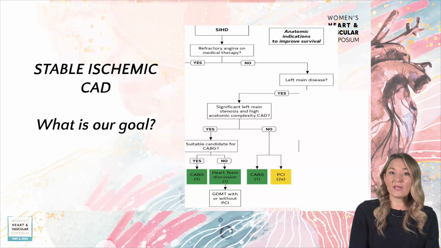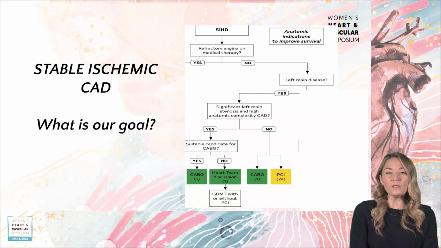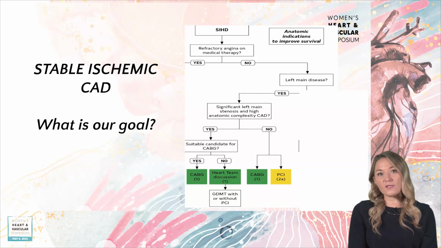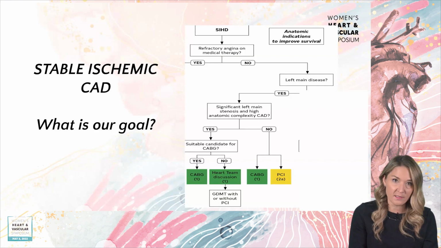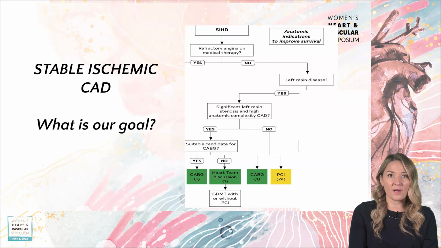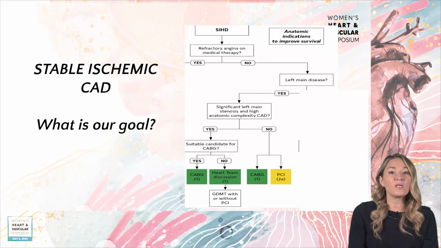If they don't seem suitable for bypass surgery, then medical therapy might be your answer, or PCI, meaning a stent instead of bypass. Now, if they have a significant left main stenosis, but the complexity is low, it's a proximal left main stenosis that you can get in and put a stent in easily without thinking that you're going to have to do a bifurcation, meaning 2 stents, and make it more difficult, then PCI actually gets thrown into the equation, meaning stenting this area with a 2A indication.